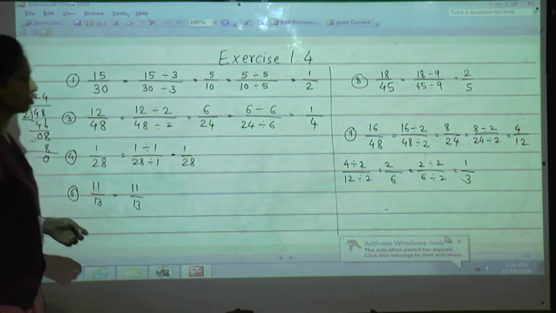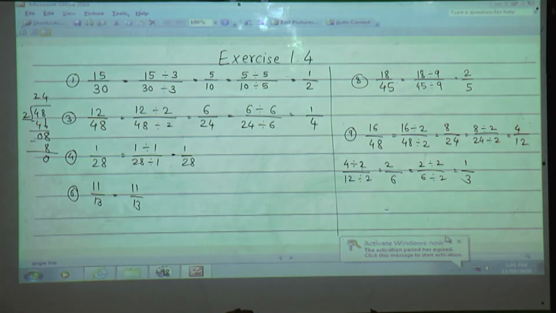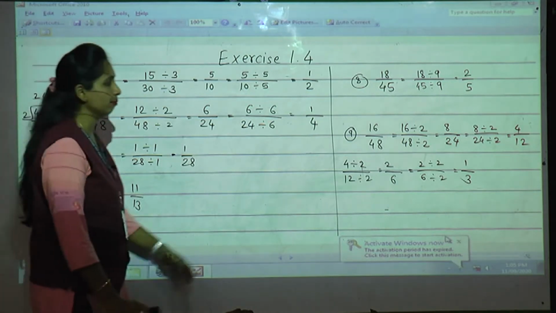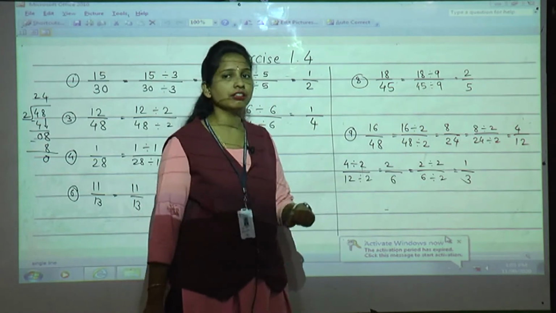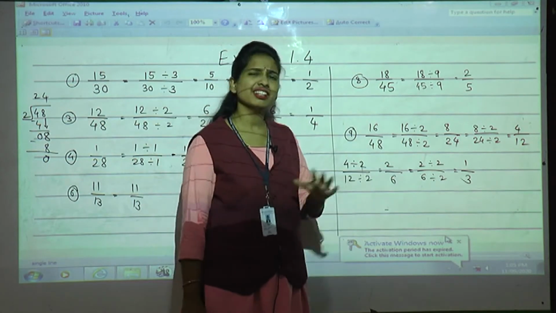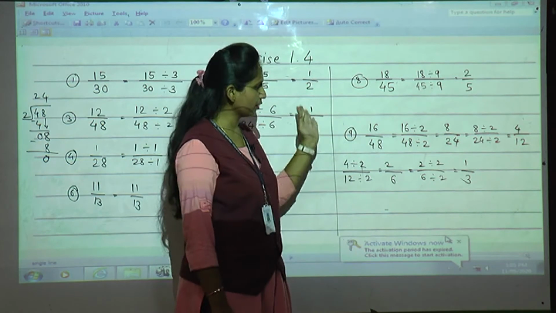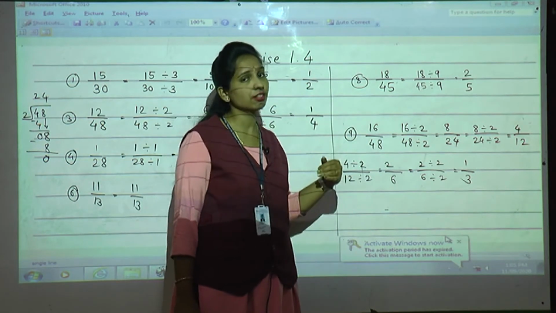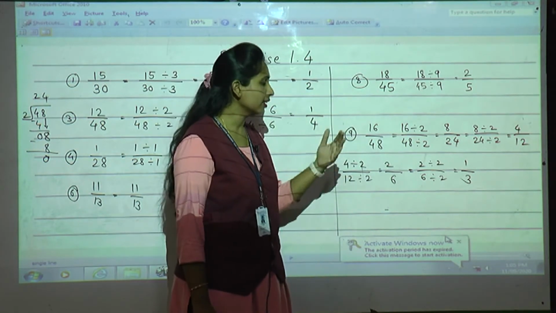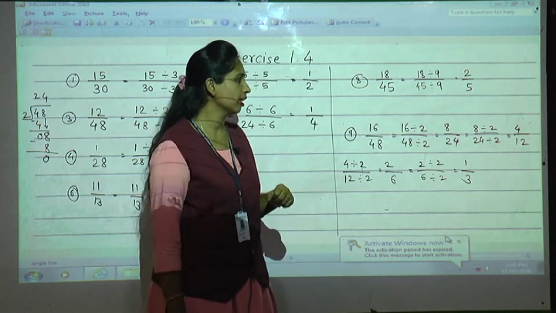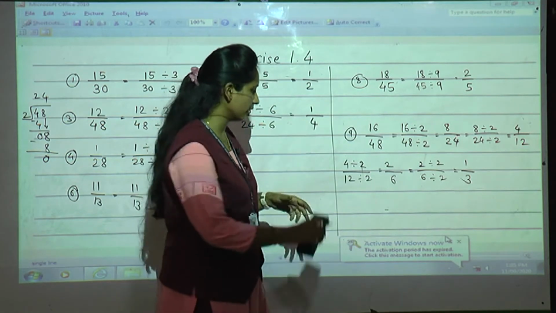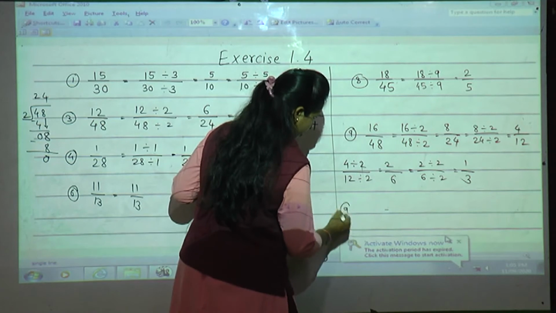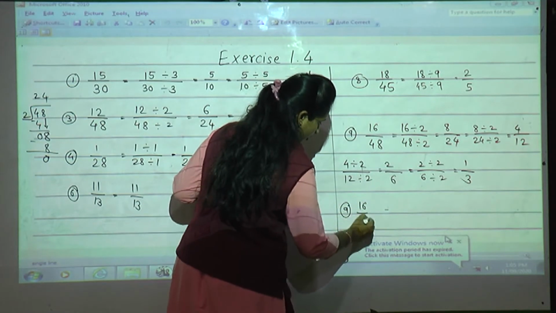How can we make it short? Now just think, in which table will both the numbers come? 16 and 48. Yes, see, till the 10 table only. I am not asking you to go with the 16 table. Just see before, till the 10 table only. Just think, in which table will both the numbers come? Same as the 9th question, 16 divided by 48.